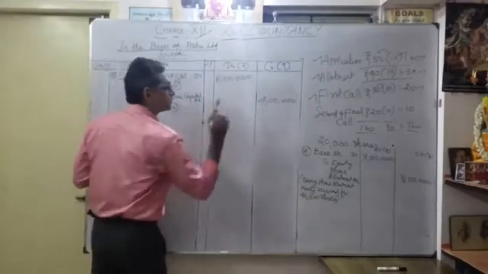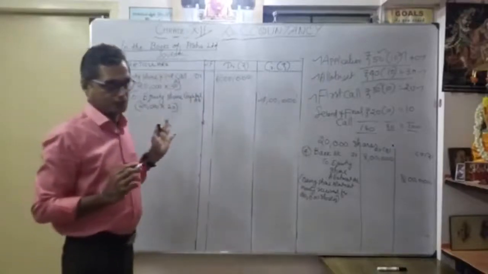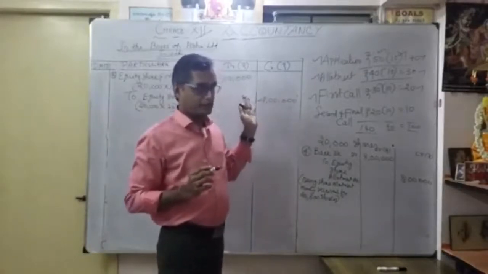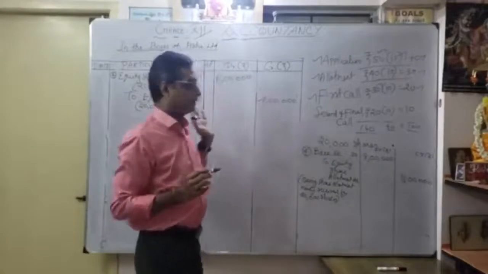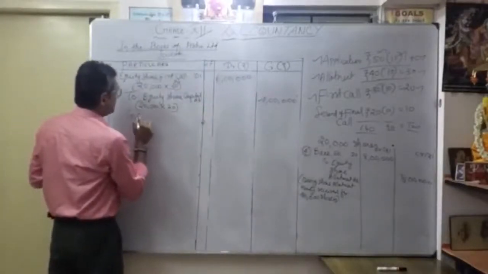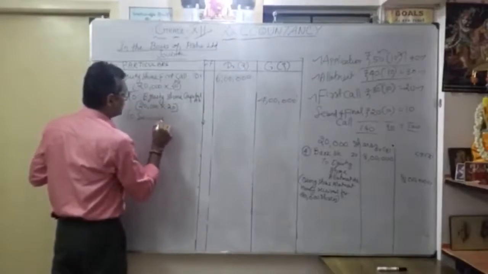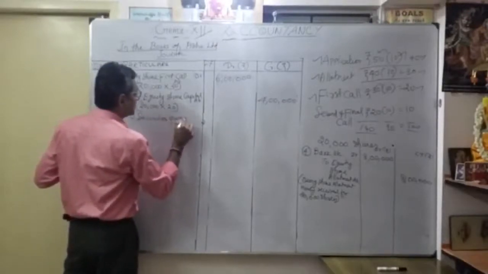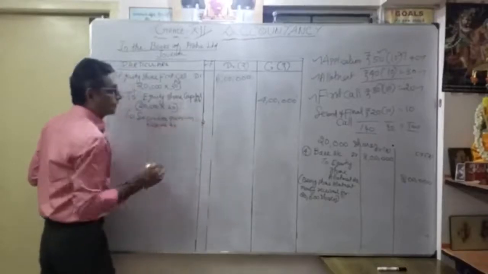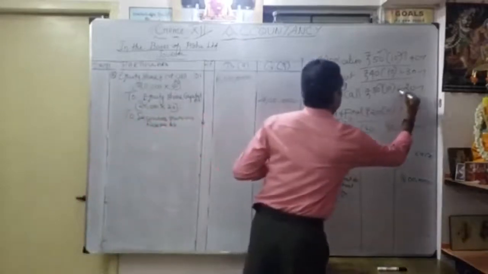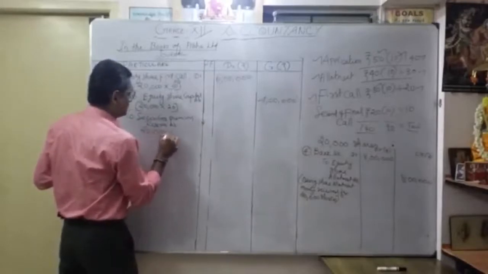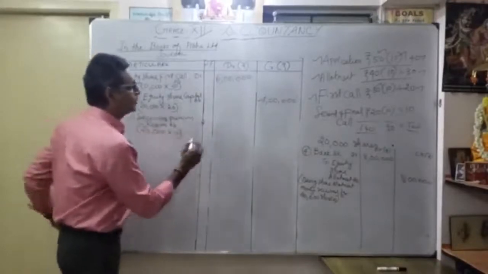2 into 2 are 4. 4 lakhs. So the calculation is very important. So even if you put more zero, what will happen? Become 40 lakhs or 4,000. That's why very carefully you have to make it zeros. Okay. So to equity share capital account 4 lakhs. So here again to securities premium reserve account. How much? This 10 rupees. Correct? That's what? 20,000 into 10. What is the value? 2 lakhs.